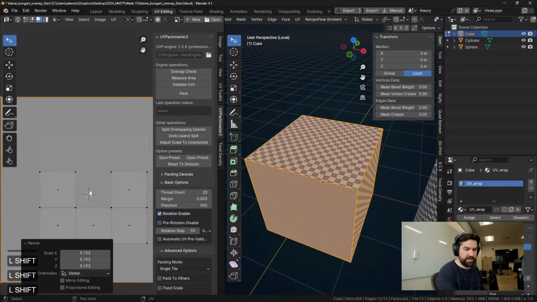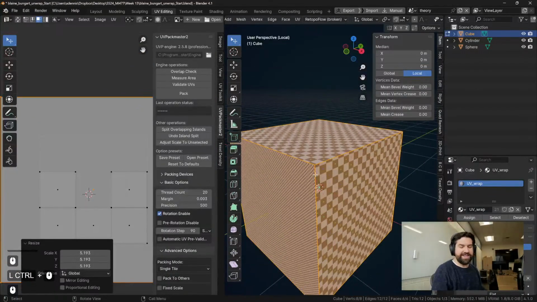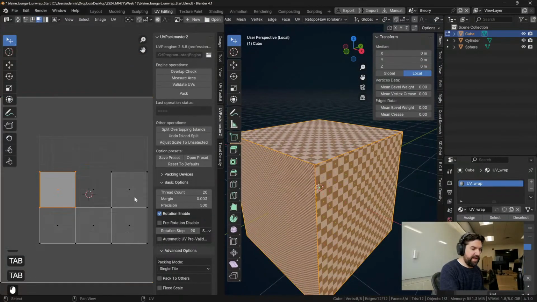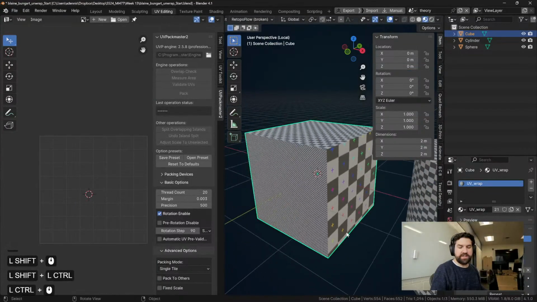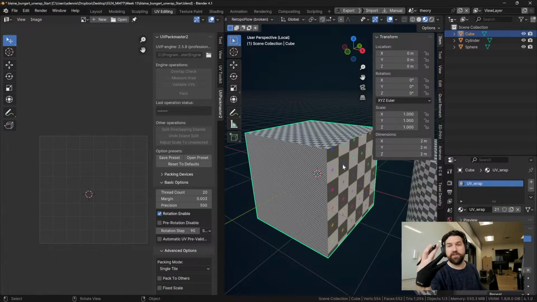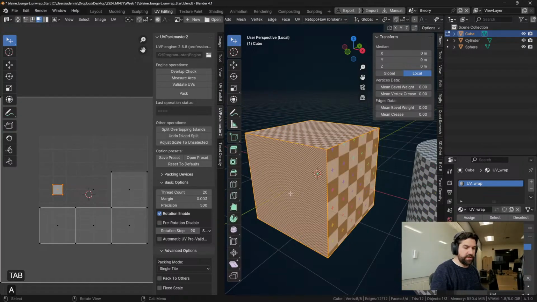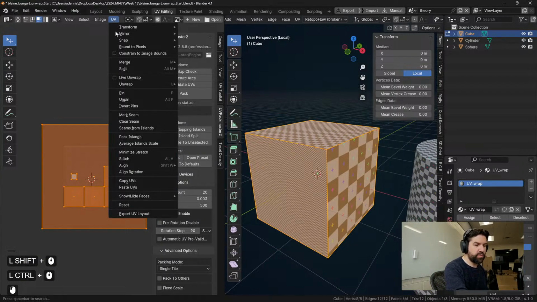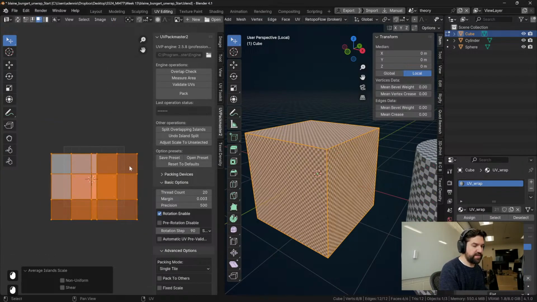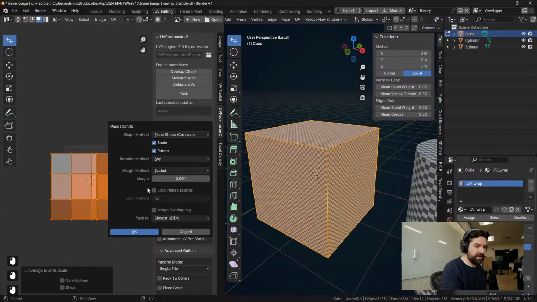So the bigger something is, the more pixels it will have. Now this is bad because we have an inconsistent texel density, which means if we actually put a material on this, we would have a very uneven distribution of pixels on the surface. So this is why we want our texel density to be as average as possible, which is why if you do average island scale and then pack islands,